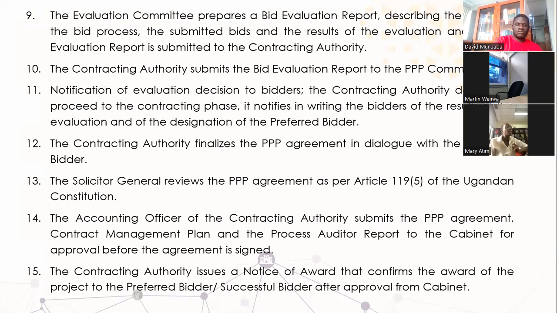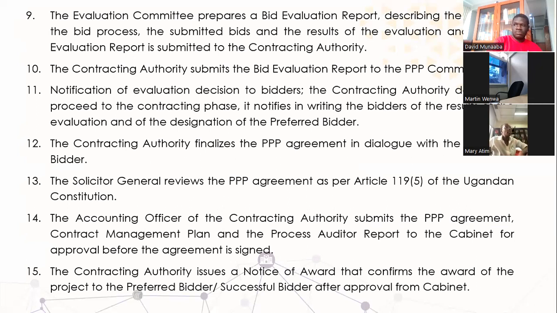After this, an evaluation report will be provided describing the history of the bid process, the submitted bids, and the results of the evaluation, which will be submitted to the contracting authority. After review, the contracting authority will submit this bid evaluation report to the PPP committee. A notification of evaluation decisions to the bidder follows, and upon decision of the contracting authority to proceed to the contracting